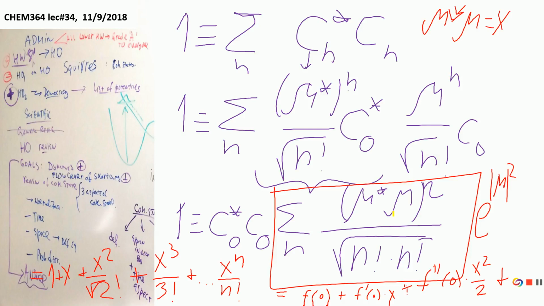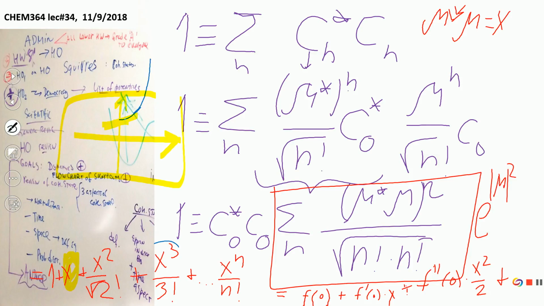I will draw in this little box. If this is my x-axis, when x equals 0, it will be equal to 1. Then the next term is linear, x, so it should go linear. The next term, x squared, means it ramps up quicker. The next term, x third, ramps up even quicker. Here it will be slower. So which function looks this way?